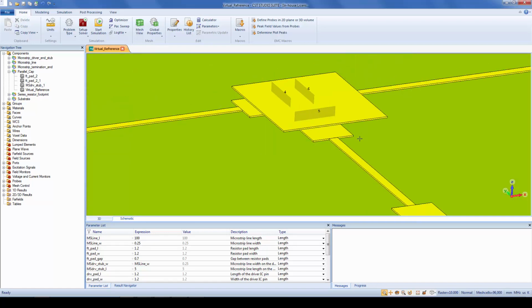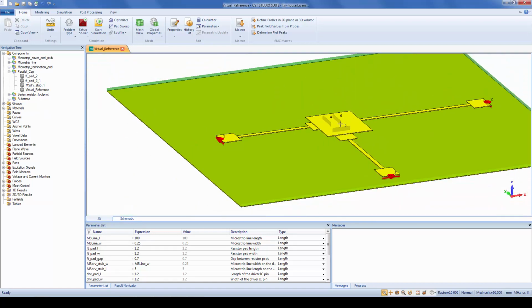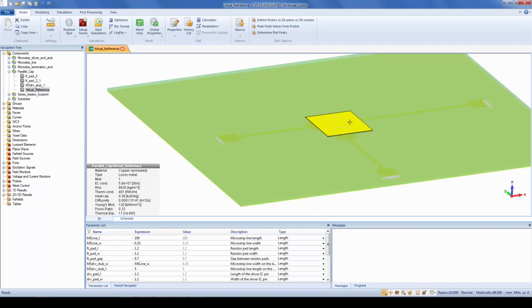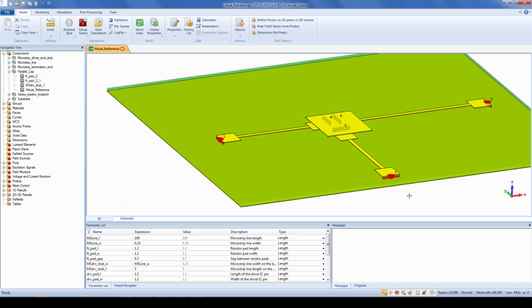And because I have 3 ports on this side, I will also get 3 ports on the schematic. Why do I need to do this? Of course, in the schematic itself, it will not be important. This virtual reference is not needed there, but it is needed for the 3D solver. When the 3D solver runs the analysis of the structure, it needs to close the current loops. By adding this virtual reference, I give the 3D solver the possibility to close the current loop. It's helping the solver to find the proper S parameters, and then I go onto the schematic, like you can